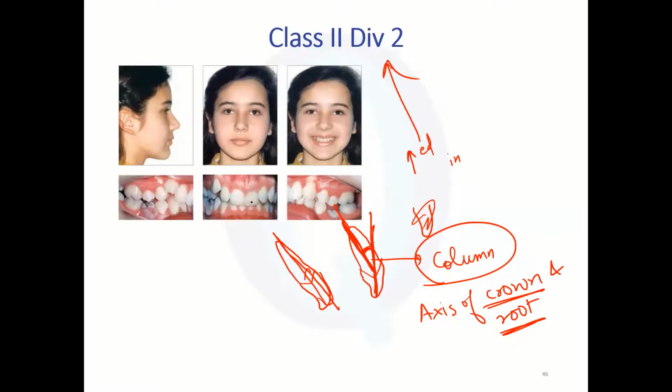Okay. Now what is backward part of closure? Now incisors are tipped back, so the mandible cannot go in front of these incisors. This is why the mandible closes in a backward position, because of the class 2 division 2 malocclusion. This is why you need to correct class 2 division 2 malocclusion whenever you see it in patients, because it stops the growth of the mandible, and that is the primary reason. If you are able to correct the retroclination of incisors early in life, then it is not going to stop the growth of the mandible.